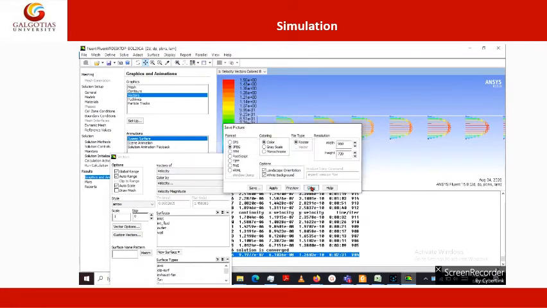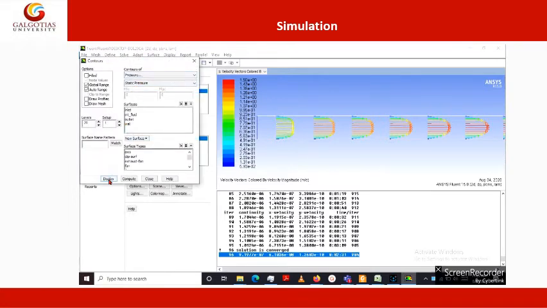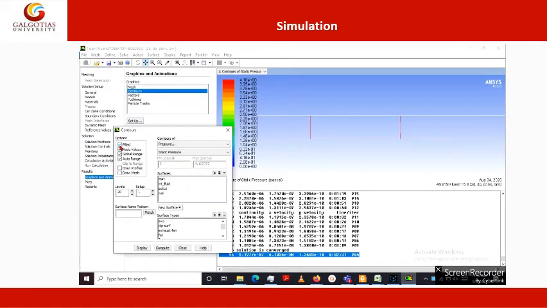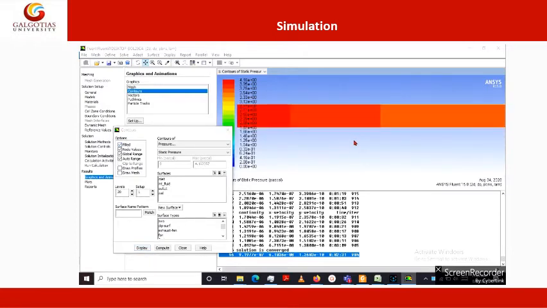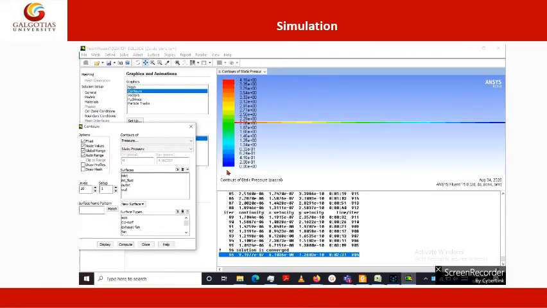So it has saved. So you can also view contours of pressure and velocity. So display. So here are the contours. You can go to the field mode, display. So here you can see the pressure variation inside the pipe. The red color denotes the maximum pressure and blue color denotes the minimum pressure. Because at the right end the pressure is lower than the left end, because of this pressure difference, the fluid flow is occurring.